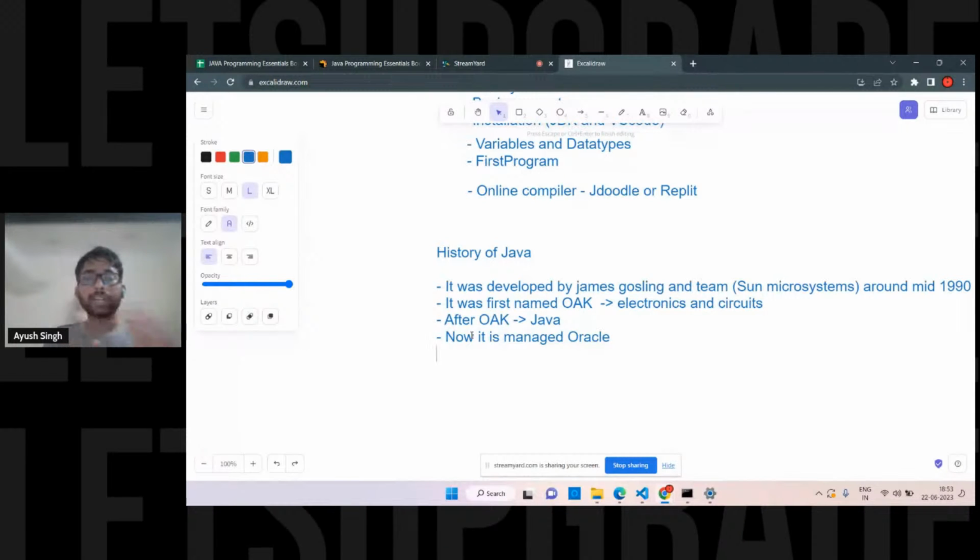Which means it can be written anywhere and run anywhere. If you write this code in my system, you can run it in your system as well, with the help of the JVM, obviously. You're going to see that part. So that's obviously the basic part. And the features, you guys already wrote all the points, that's very nice. So features, I'll say it is OOPs based. Another feature is that it's quite simple. What other feature could I write in here? Exactly, it's a robust language. You cannot directly say it is a feature, but in technical terms, it is OOP based, object oriented based. We are going to see what object oriented is.